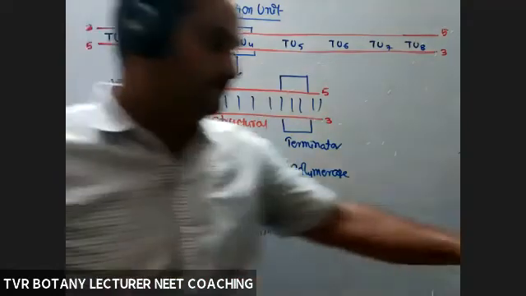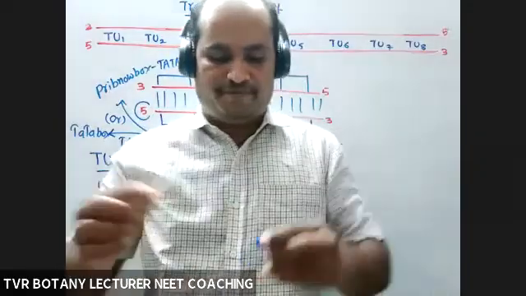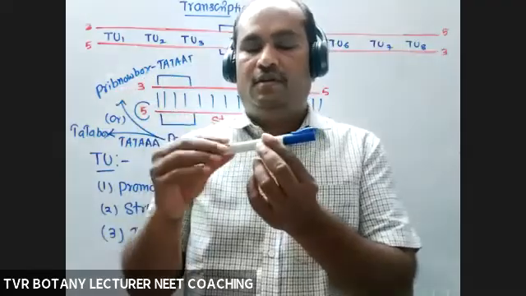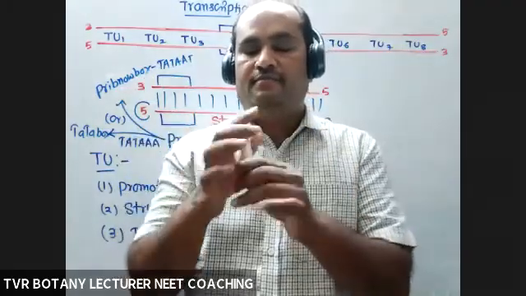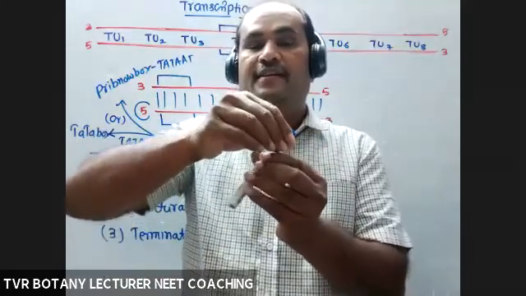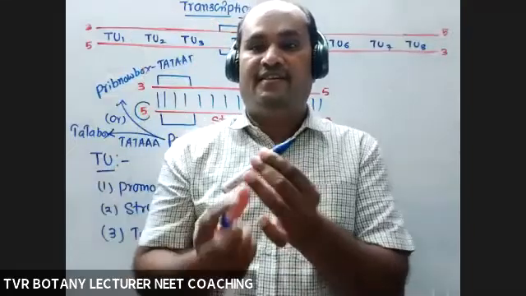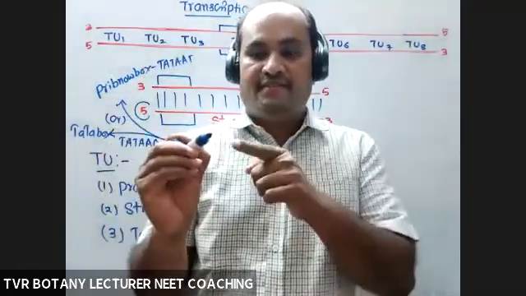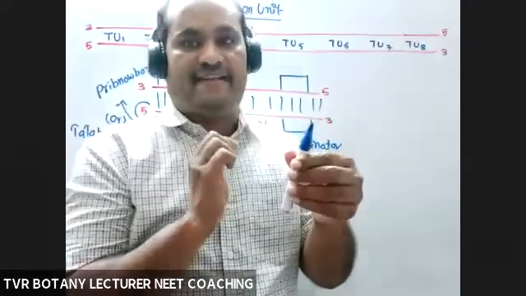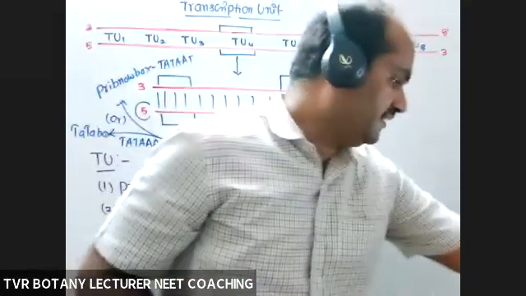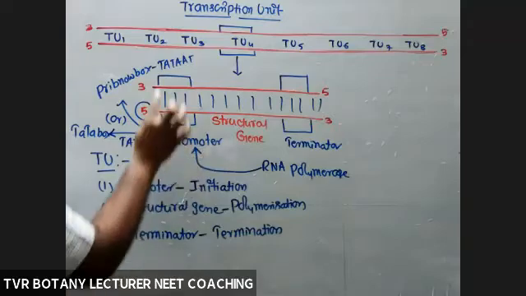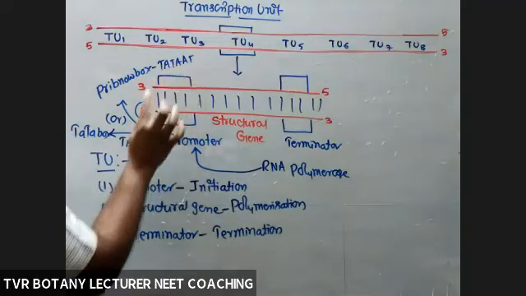For example, it's a pen. Close your eyes. The writing part is somewhere. Okay, here. Remove it. So this is the promoter, now we can write. For writing, the initiation point is here or not? We have to identify that area. Like that, RNA polymerase is able to identify the promoter with the help of either this sequence or this sequence.